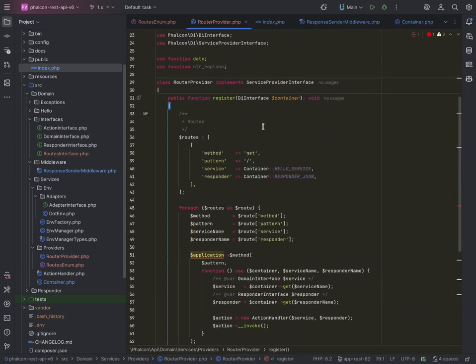Now that we've copied it here, we need to make some alterations. For starters, this application doesn't exist, the method is questionable, and all that. So the DI container is being passed automatically here. What we can do immediately is figure out where the application is. And since we have the DI container,